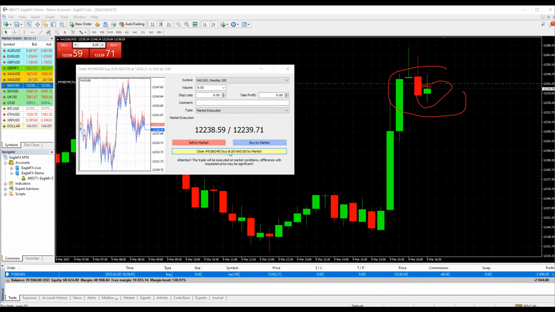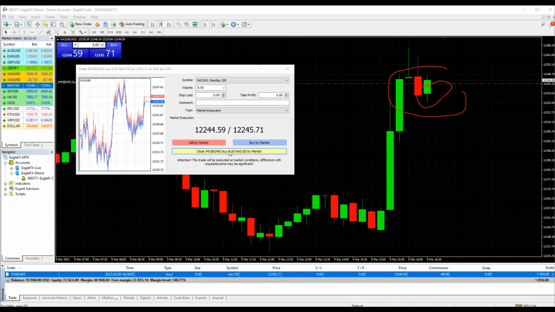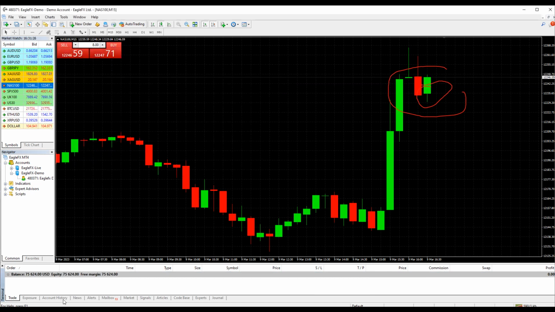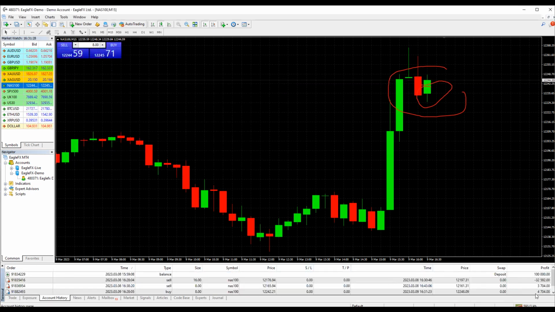Let's see. So it's pulling down. Right, so we just profited 4K on that. See, today's the 9th. We profited over 4K on that. Okay, that's good. So it looks like it's buying up, but it might be